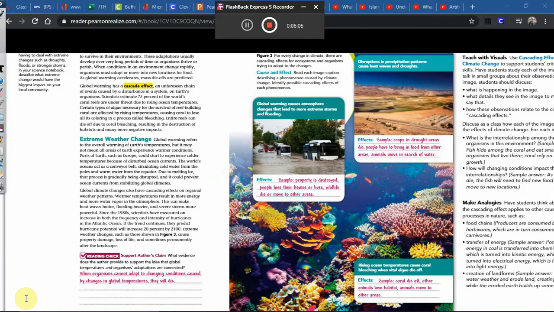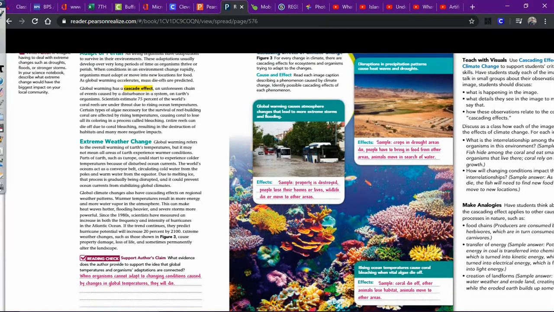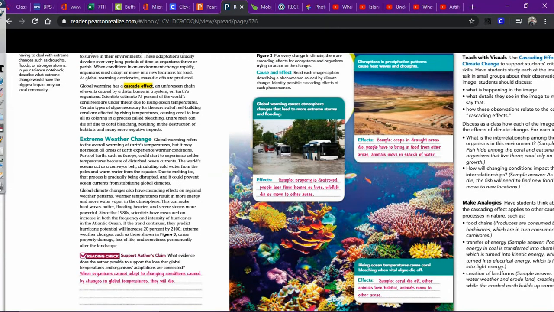Alright, I'm back. I've moved on to page 410, and here we're going to be talking a little bit about the Cascade Effect. So we understand what global warming is. We understand that it can impact rising sea levels, but some things have more effects than we can see at first glance. Some disturbances might be caused in different areas of the world when we didn't expect them to. So something that causes something that causes something else, kind of a domino effect.